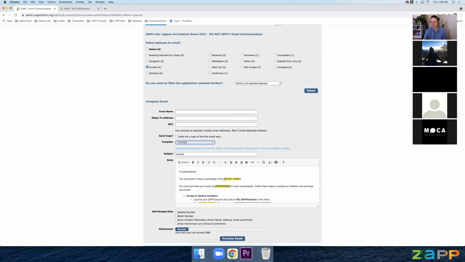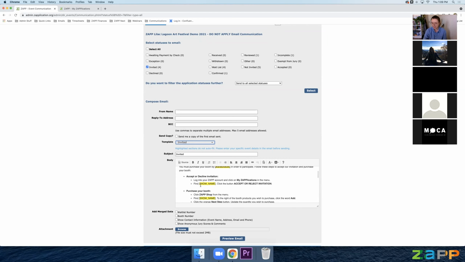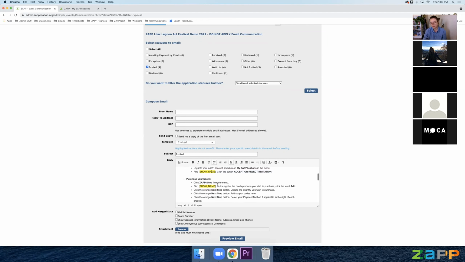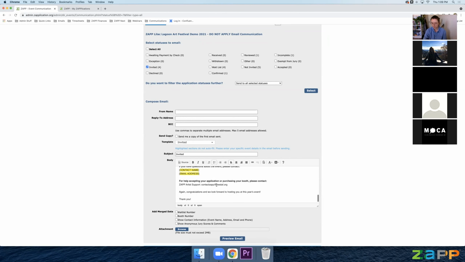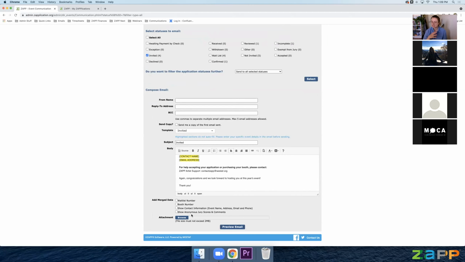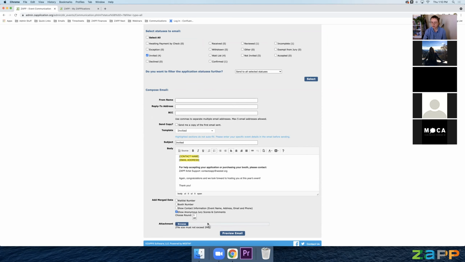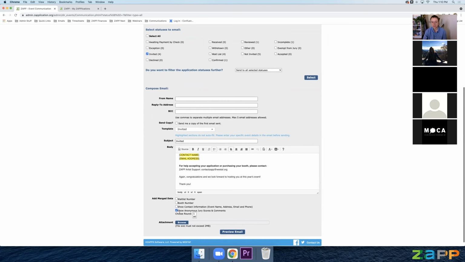Quick note that these fields highlighted in yellow do not autofill when you send this email, so you will want to fill those yourself before you do so. And then since this email would theoretically be sent after your jury, you may want to show anonymous jury scores and comments. You can merge that information simply by clicking the checkbox next to the show anonymous jury scores and